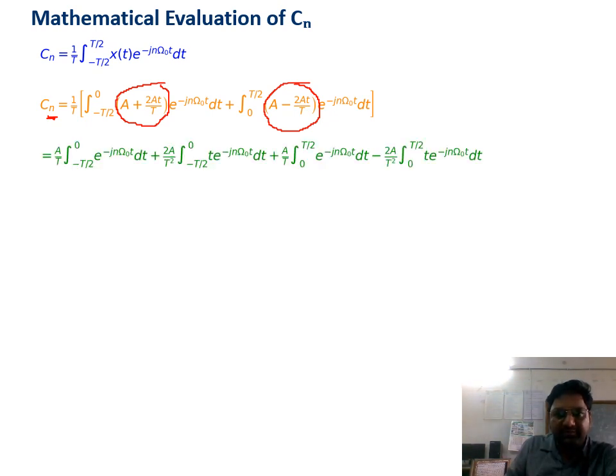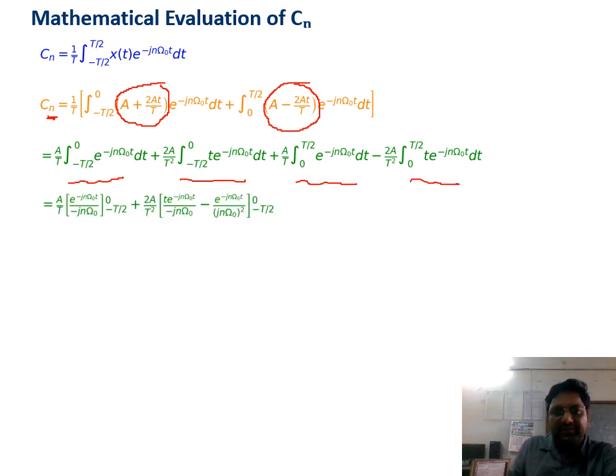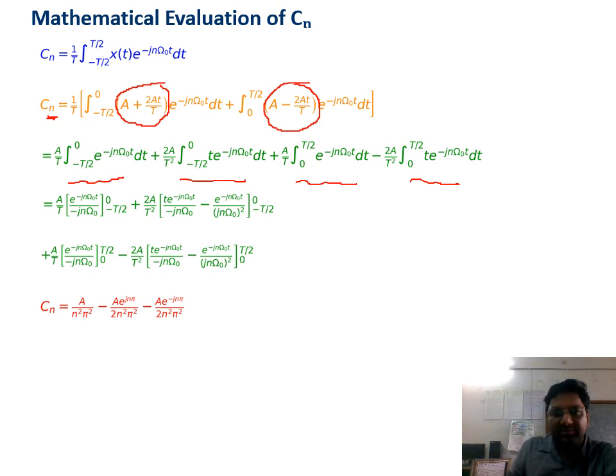Moving forward, the integral is applied and common terms are taken out. A is common here, so a is taken out, and integration by parts is applied to all the terms. So we have 4 such integrals in total to be evaluated. Finally, the integral of an exponential gives the same exponential divided by the extra terms, within the upper limit and the lower limit. The final computation results in Cn equals a divided by n square pi square